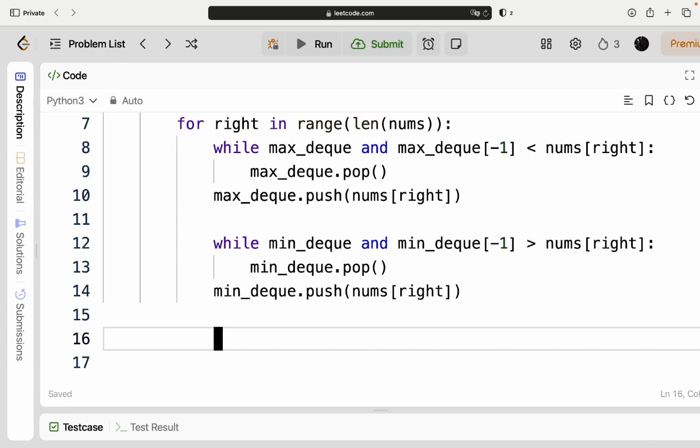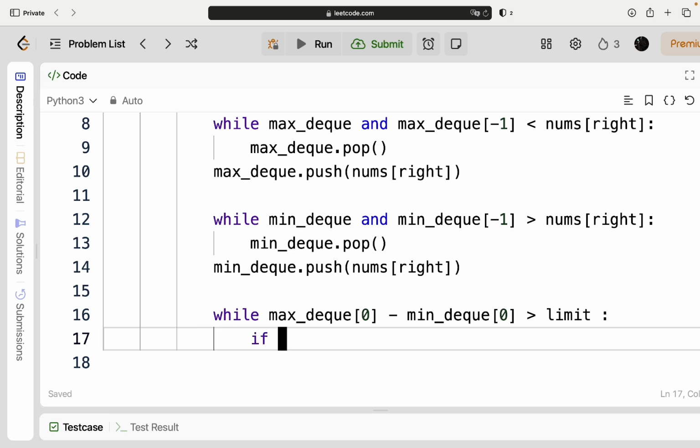For that purpose, we'll check while the first element of max deque minus the first element of min deque is greater than limit, and if max deque's first element is equal to nums at left, the value of the left pointer,